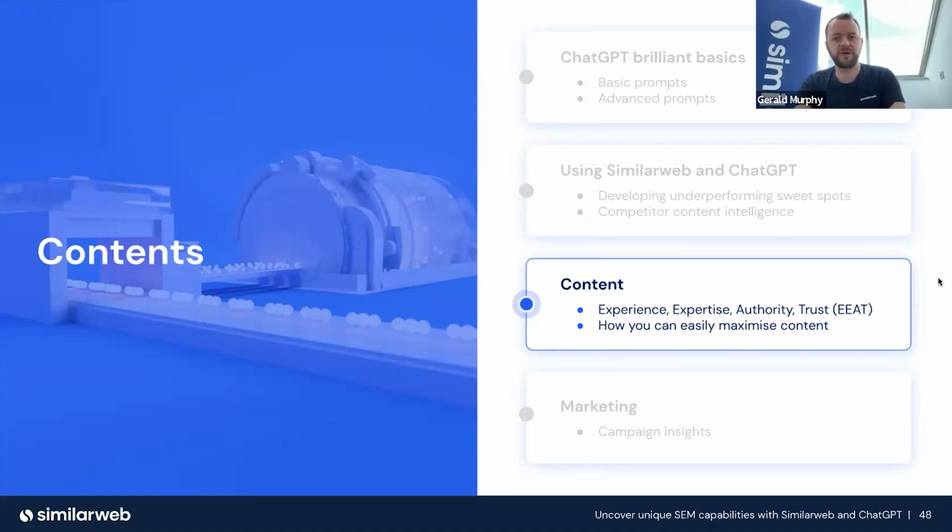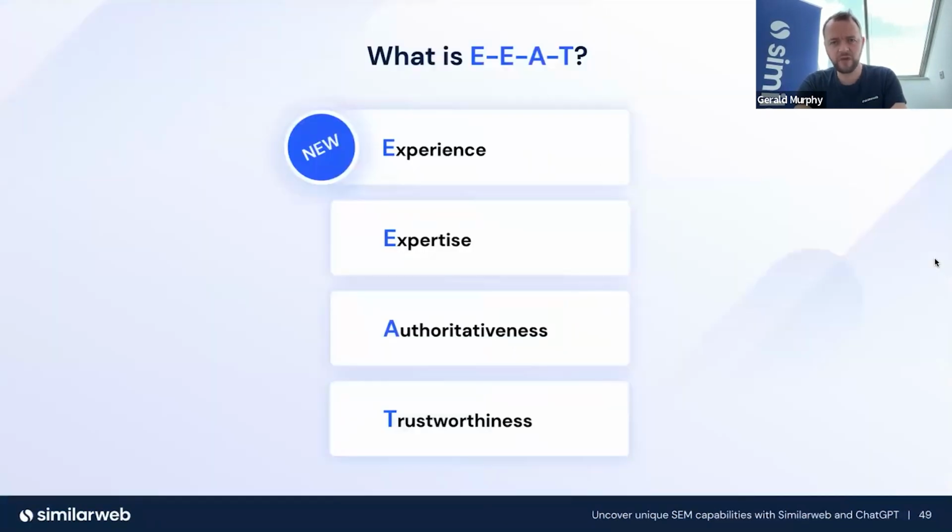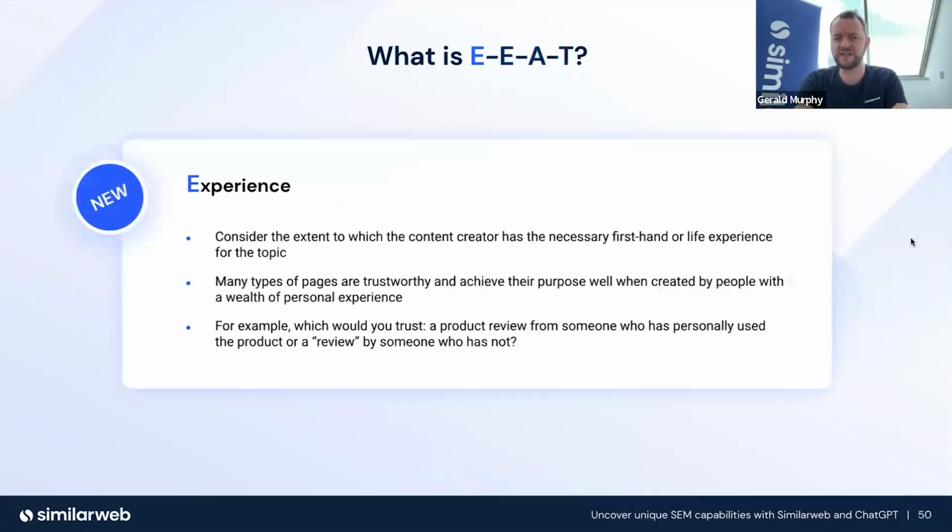So more importantly, it's not just about copying and pasting content and thinking about success and having long-term plans. All content needs to follow a framework called EAT. EAT stands for experience, expertise, authority, and trust. So let's dive into each of these so that you can start to produce really valuable future-proof content. Experience: it's making sure that we've considered the extent to which the content creator has the necessary first-hand or life experience of the topic. That's why we're using prompts like pretend you are an expert in, for example, because it helps us on that journey of getting more experience in our content.